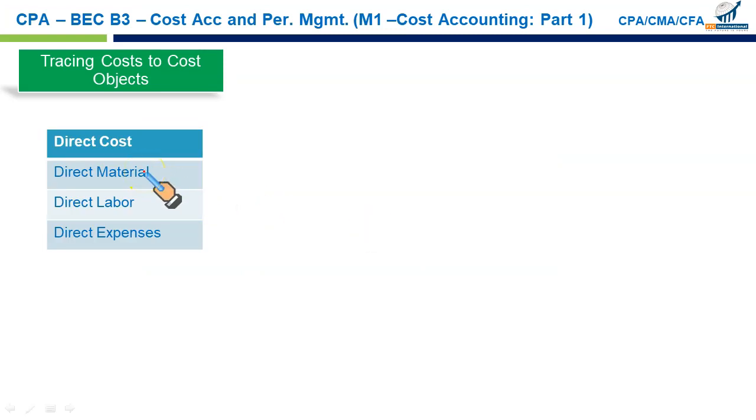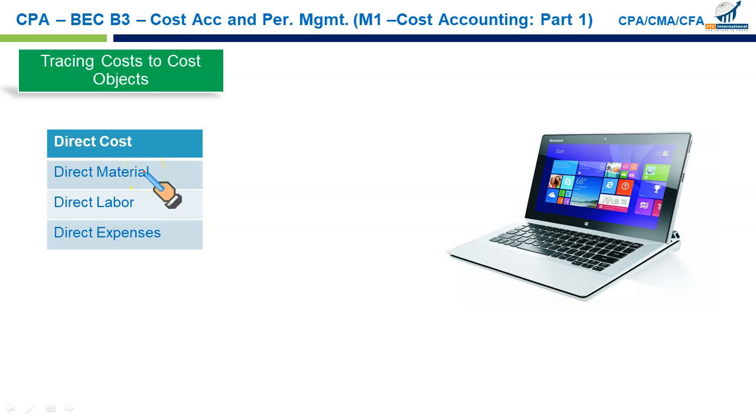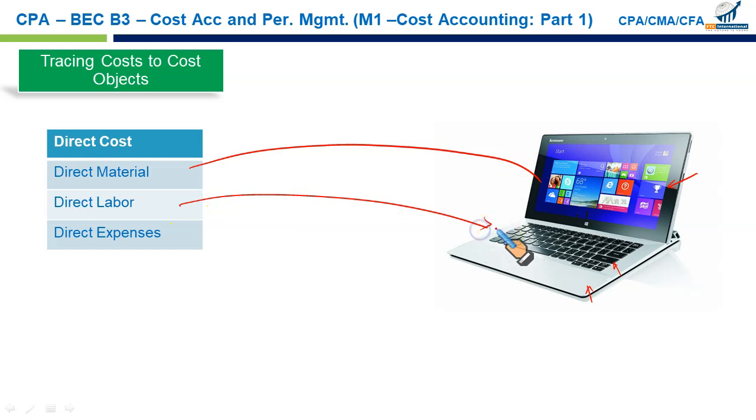Direct cost. Direct costs are the costs that can be directly traced in the end product. Like if you see this computer, what I see is the physical body of the computer that contains screen, keyboard, its physical form. When we open it, we'll have motherboard, processor, and many components. So direct material can be directly traced in the end product. Direct labor, the labor that was engaged in assembling the components, testing it for usability, and direct expenses like installation of Windows or any operating system.